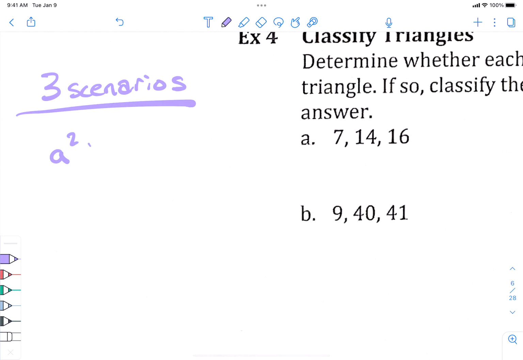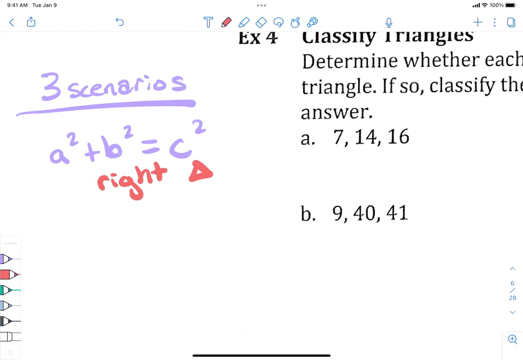If a squared plus b squared is equal to c squared, what type of triangle am I looking at? Right triangle. I'm looking at a right triangle. Okay? But the Pythagorean theorem doesn't only work for right triangles. Okay? Let me show you this. I can do a squared plus b squared and c squared, and if